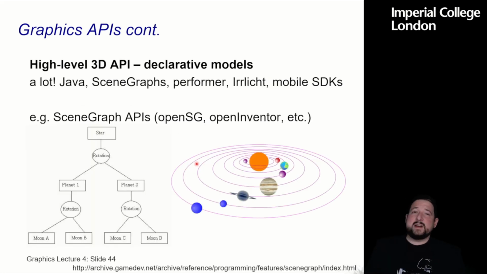So probably a final word on declarative pipelines. There are a lot of them around. Scene graphs, Performer is one, then engines, and several mobile SDKs. Really, the only thing to take away from these is that they're super highly powerful,